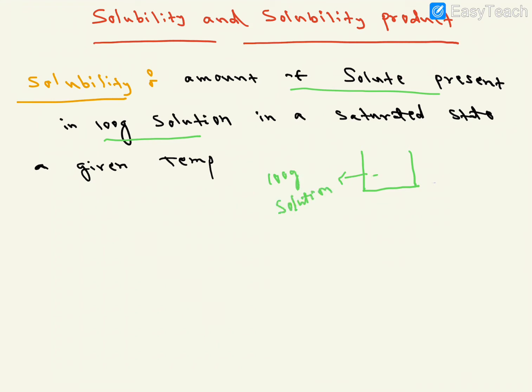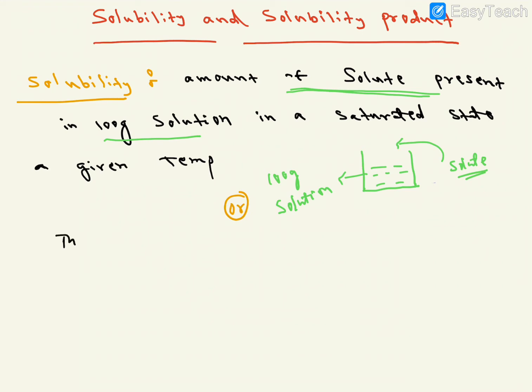Now we are adding the amount of solute, 10 grams, 20 grams, something like that. This solute completely dissolving in the given solution, that process is called solubility. I hope it is clear. The amount of solute can also be represented in grams and number of moles. So in another way we'll discuss the definition here.